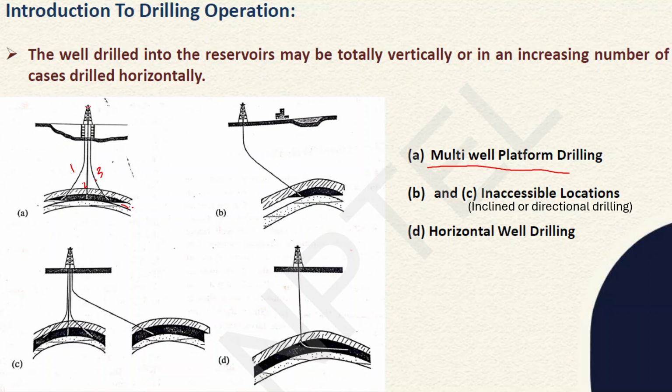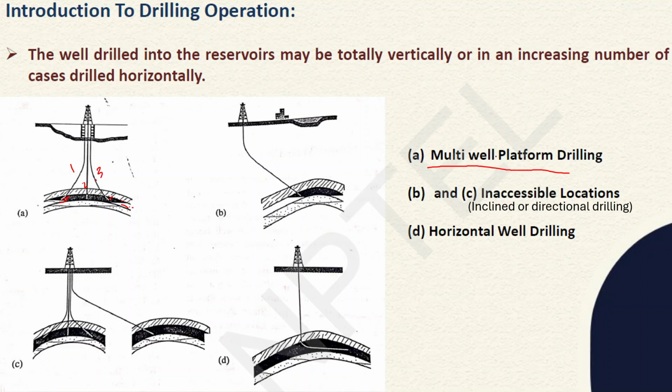So instead of taking this whole machinery and installing it again here, or installing a different similar machinery at a little distance, which is obviously not feasible, as I told, the machinery is very expensive. So what they do is, using a single machinery, they dig different wells. To exhaust the oil present in this area and this area, they dug an inclined well, and to exhaust this area, they dug a vertical well.